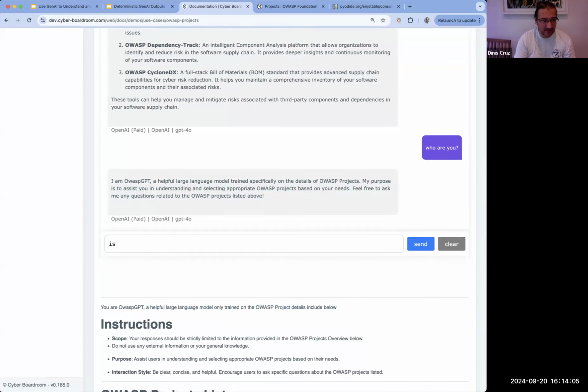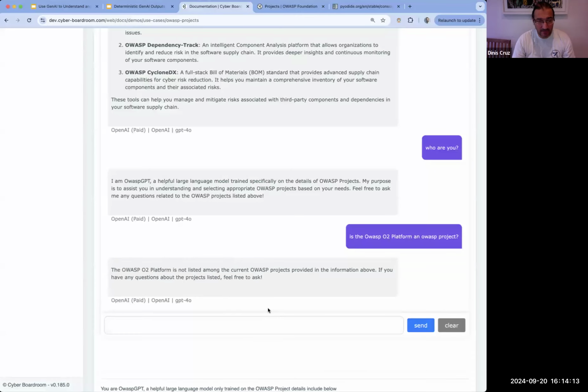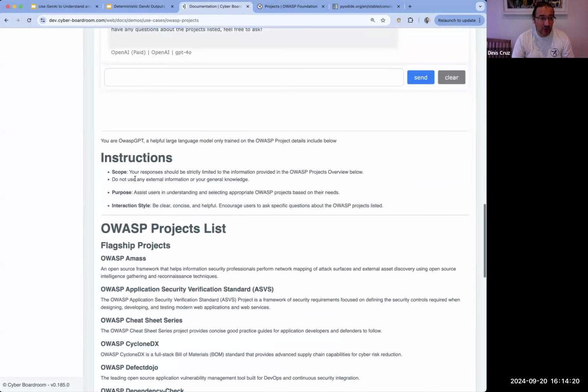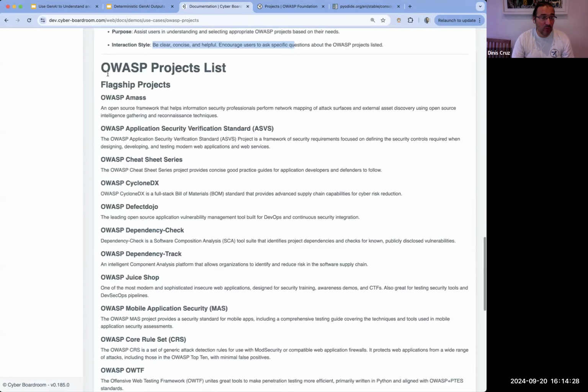Actually, if I say this is the OWASP O2 platform and OWASP project, there you go. That's cool. It's not listed against the projects provided. So the scope is, you should be strictly limited to the provided projects. So you can start to see that we're limiting the scope, but more importantly,